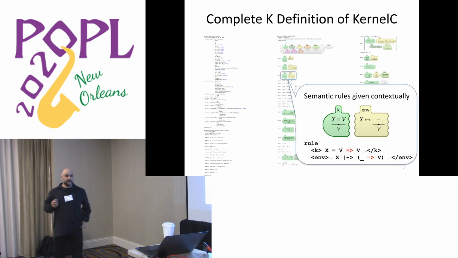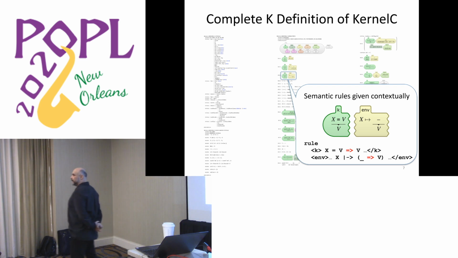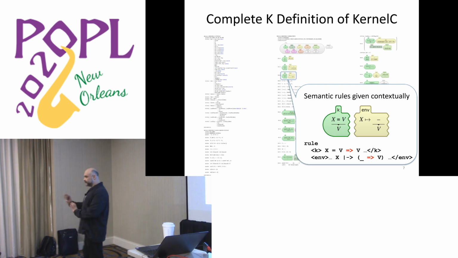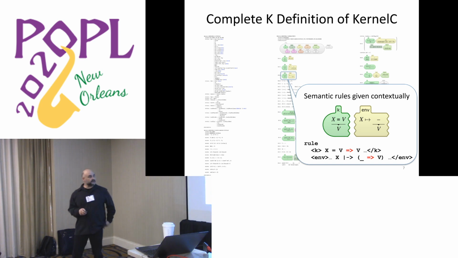And finally, rules are the main semantic ingredient of the framework. And they are rewrite rules in principle. But as you can see, there are some slight modifications to rewrite rules as we know them. In particular, what we call local rewriting. So see, this rewrite rule has two arrows. This is the semantics of assignment. Remember, assignment was strict in the second argument. So the second argument became a value. This is how you write it in ASCII.